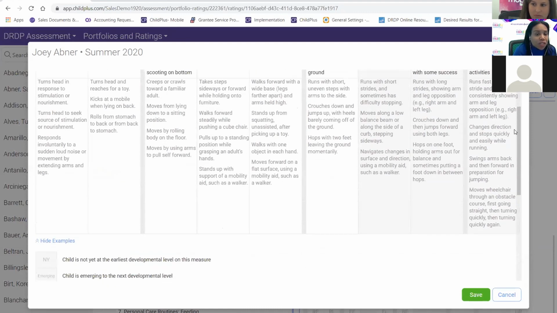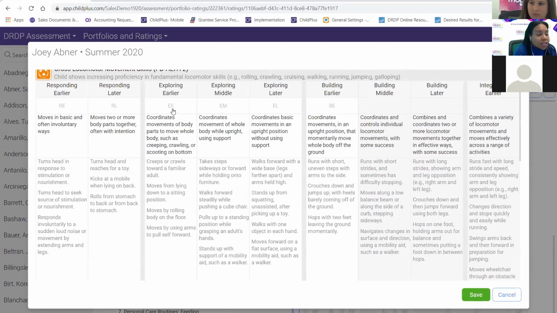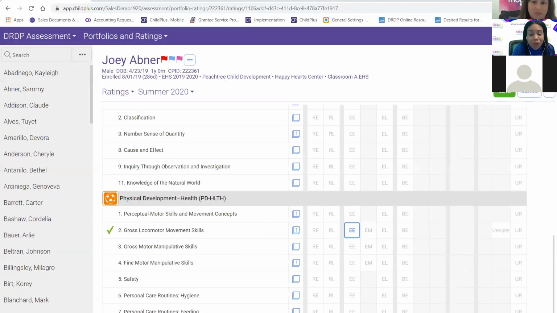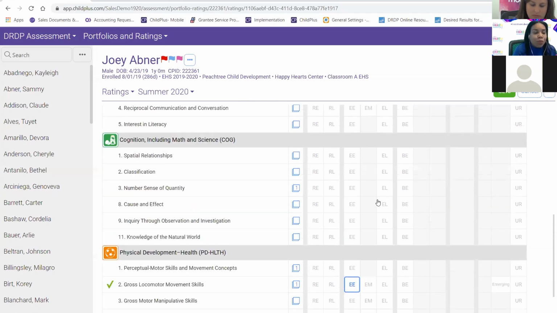So what we're going to do is select Joey at the exploring earlier developmental level, and I'm going to go ahead and select save. And notice that I have my green check mark to let me know that that measure has been rated. And then we're at the exploring earlier developmental level for gross locomotor movement skills. So now that we've rated two measures for an early Head Start child, I'm going to turn this over to Jessica, and I'm going to have her show you one for